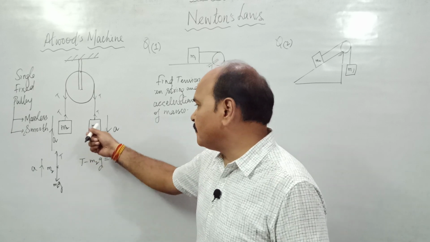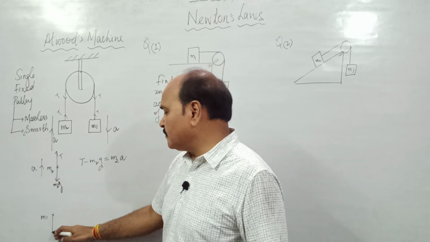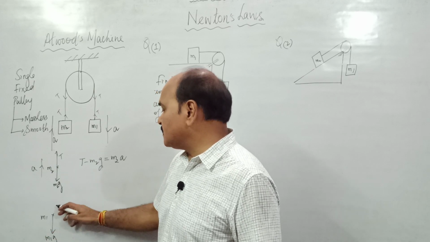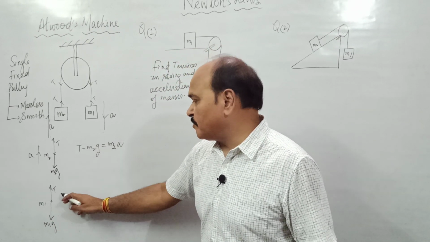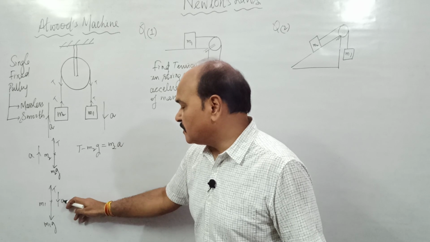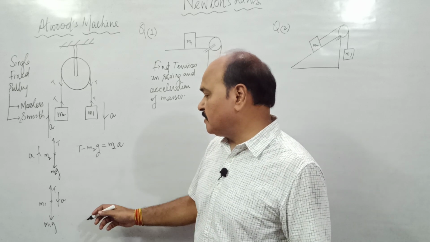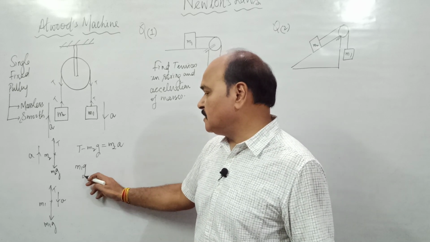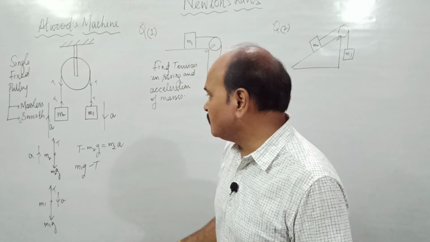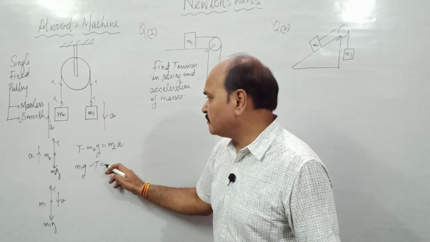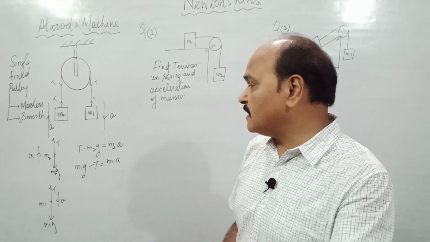If we make the free body diagram for this particular mass, this is mass M1. The two forces acting over it are its weight, which is always vertically downward, and tension T in the string, which is like this. Because of these two forces, the body is moving down. That simply means this force must be greater than this. These are two antiparallel forces, so the vector sum is going to be their simple difference. The net force is M1G minus T in the downward direction, and that net force is equal to mass of the body into its acceleration. Why is the acceleration of the two masses the same? Because the string they are connected with is inextensible.